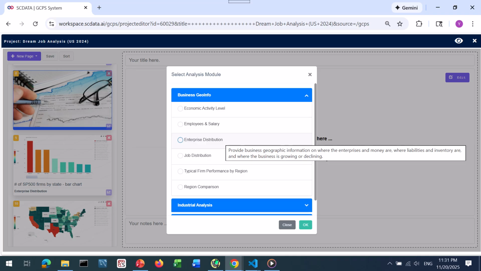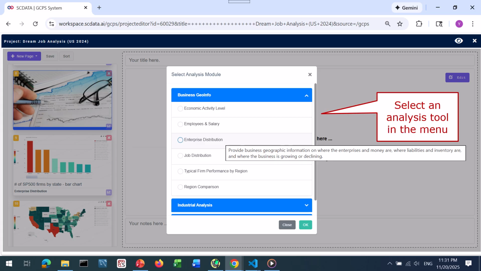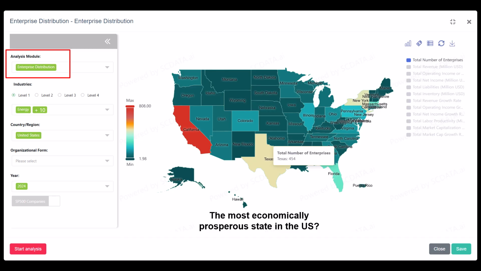Clicking on the Analysis Tools button brings up a menu where you can select a variety of analysis tools, such as Business Geo-Info, to project company data to maps, industry analysis, to analyze and compare industries, and enterprise diagnosis, to compare and benchmark companies. Let's first create an analysis for Business Geo-Info, which includes enterprise distribution and region comparison, among others. Let's first open the map tool of